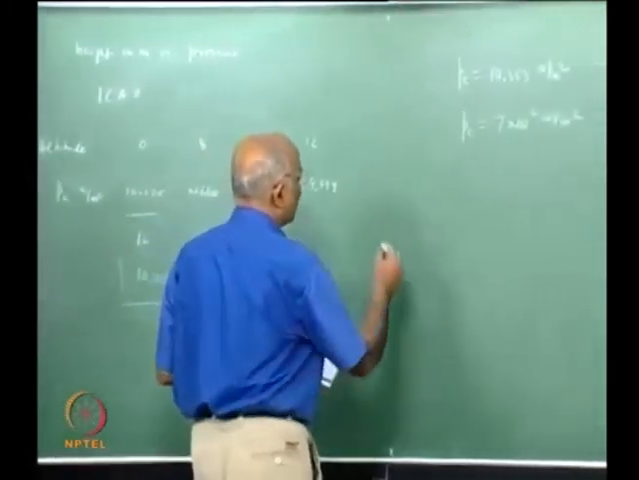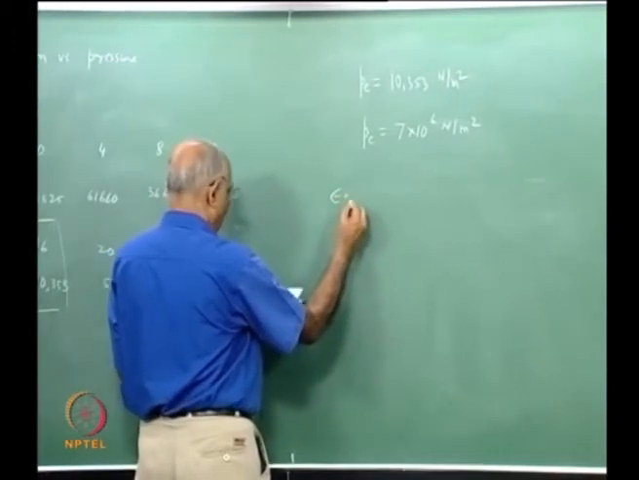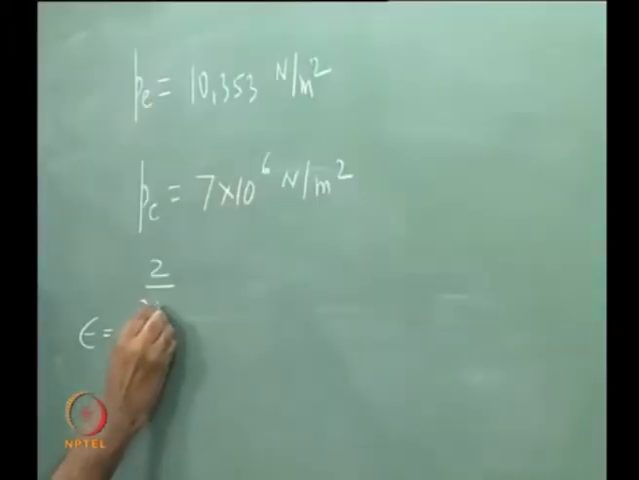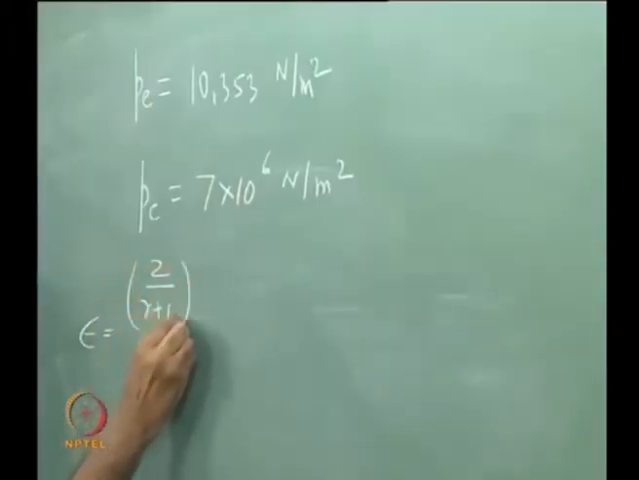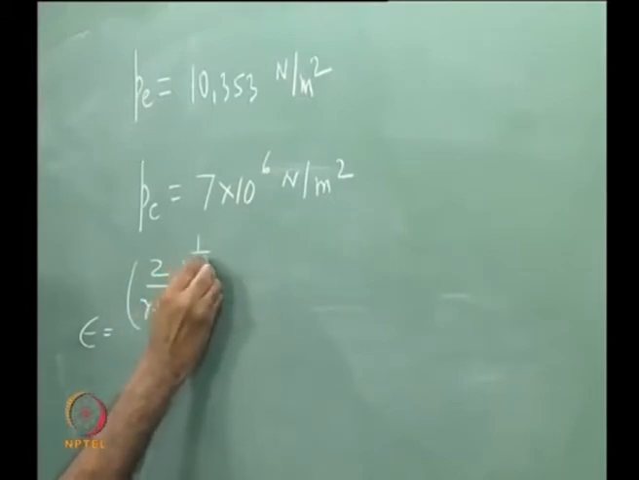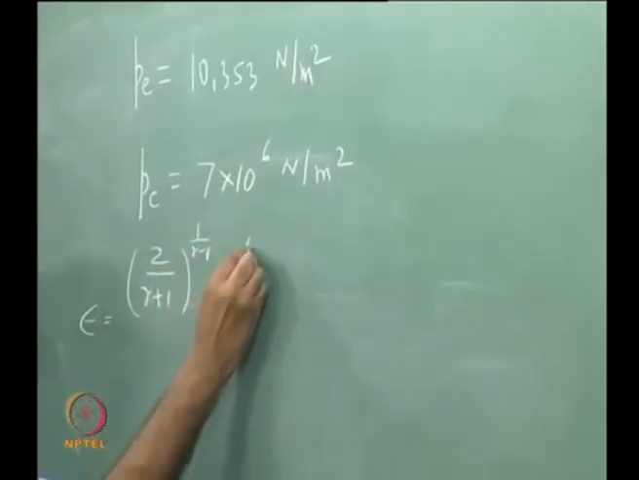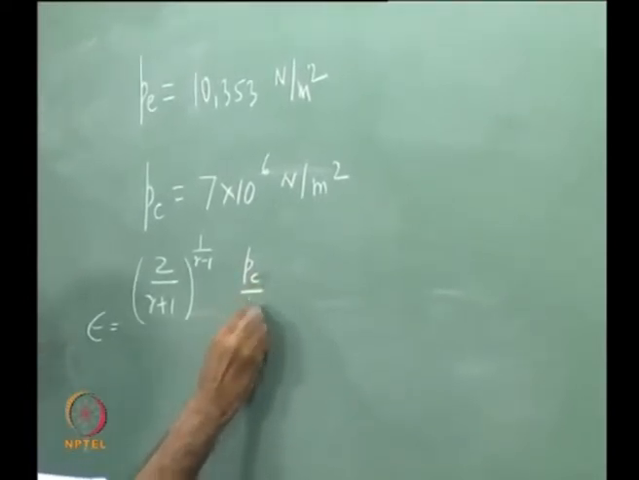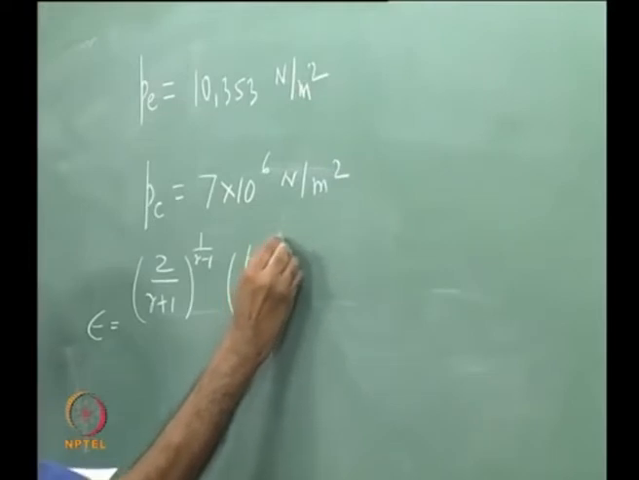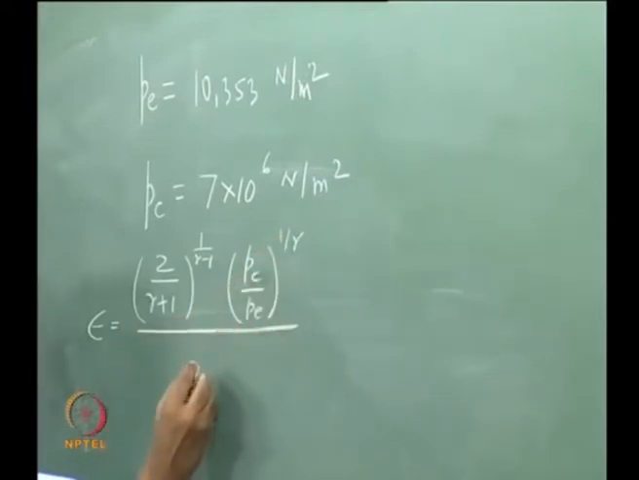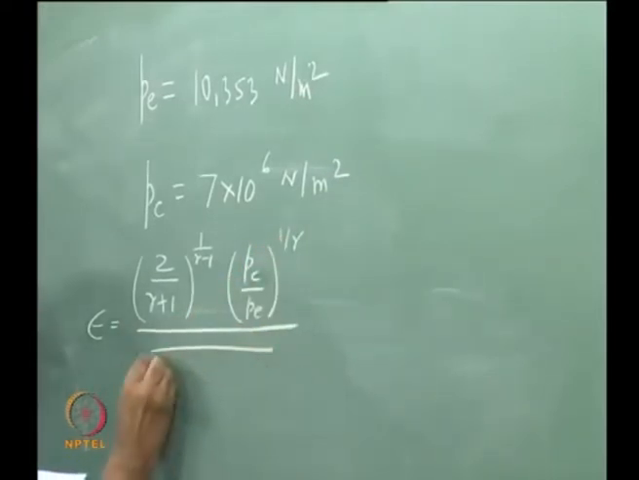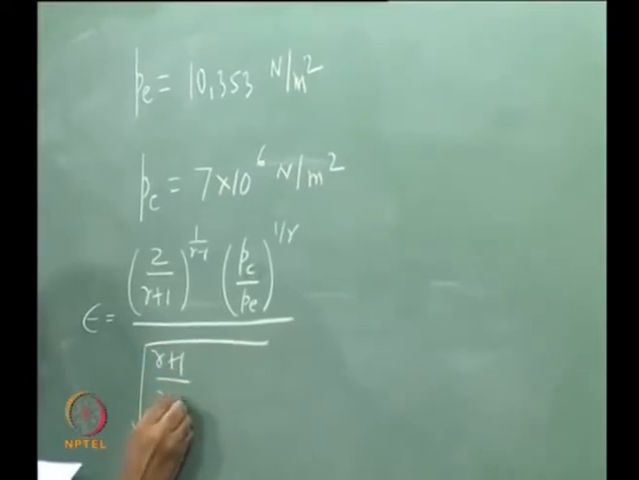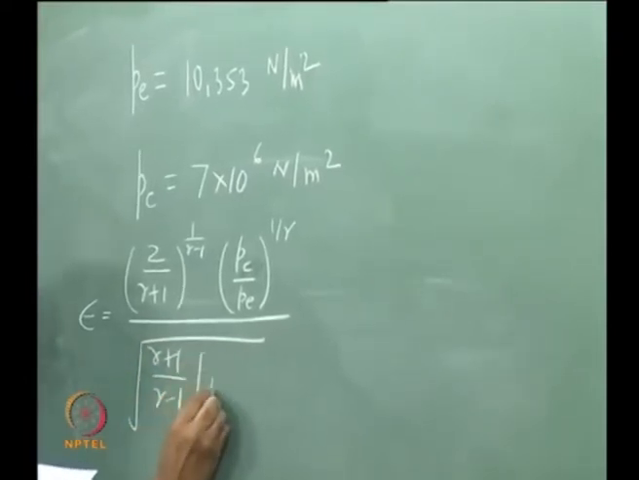Let us go back to your notes. Epsilon is equal to 2 over gamma plus 1. You all can easily derive it out. It is not anything difficult. I do not want us to memorize anything. PC by PE to the power 1 over gamma, divided by under root gamma plus 1, gamma minus 1, 1 minus